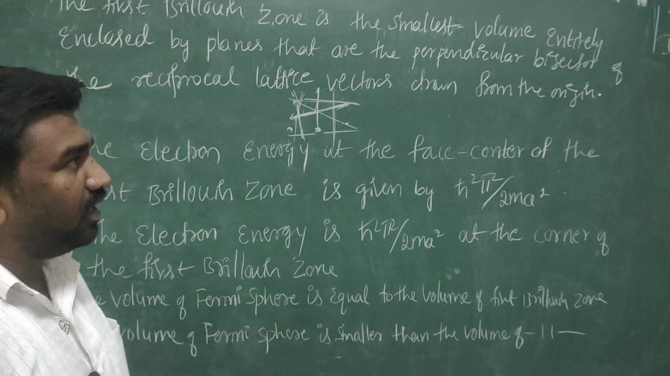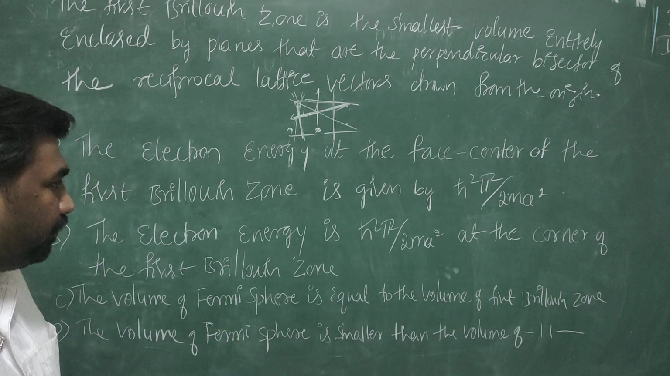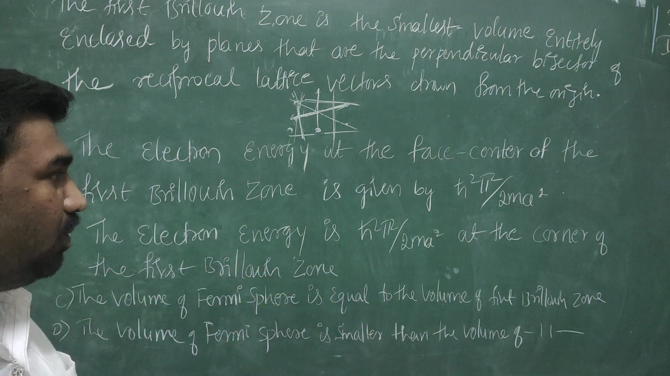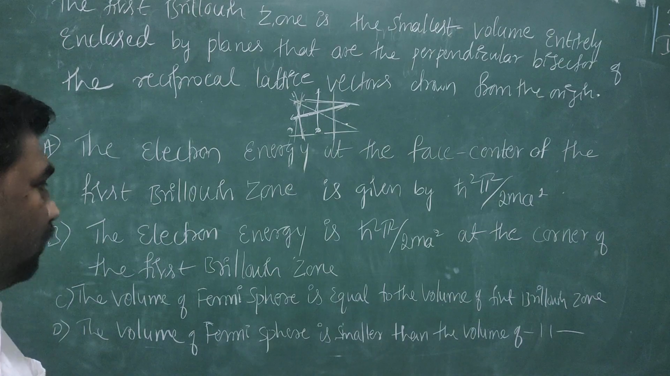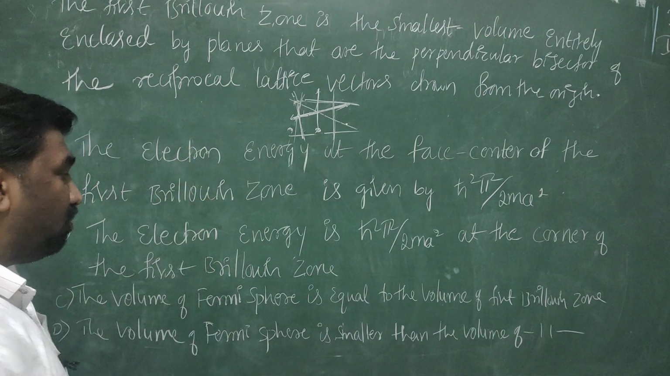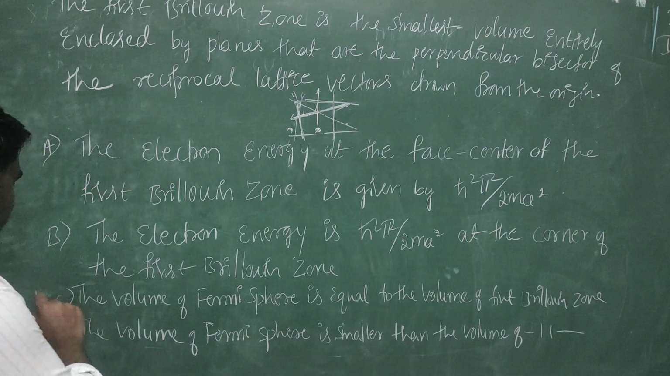So this first Brillouin zone also comes under that unit, and the answer is: the electron energy is h cross square pi square by 2ma square at the center of the first one is not an answer, and the first one is also not the correct answer. The volume of a Fermi sphere is equal to the volume of the first Brillouin zone, and this is the correct answer,